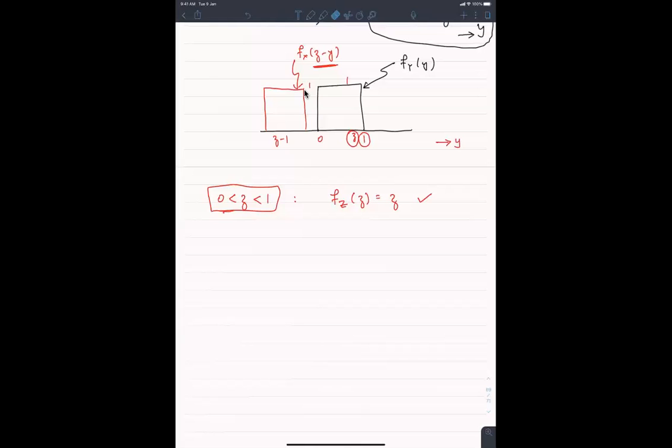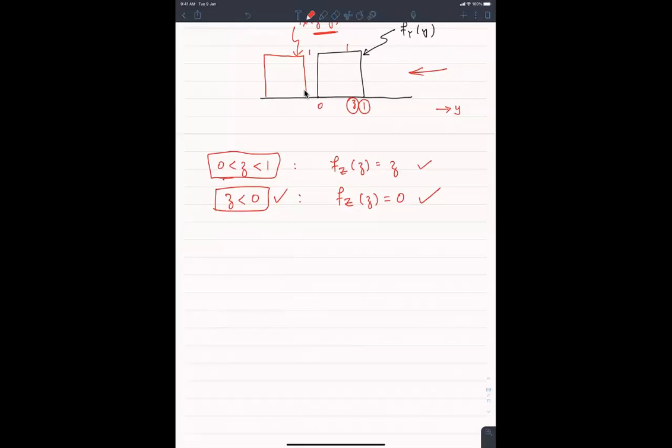अब what would be the answer in this current situation? What would be the answer? रेड और ब्लैक को मैंने मल्टीप्लाई करना है और माइनस इंफिनिटी से इंफिनिटी तक इंटीग्रेट करना है, so answer should be zero. ठीक है, so इसका मतलब है कि whenever z is less than 0, fz of z would be equal to 0। ये भी exactly वही है जो हमने last time देखा था, and in fact I am looking at the notes, there is a small typo there, वो हम fix कर देंगे, but z less than 0 होगा तो fz of z will be equal to 0।